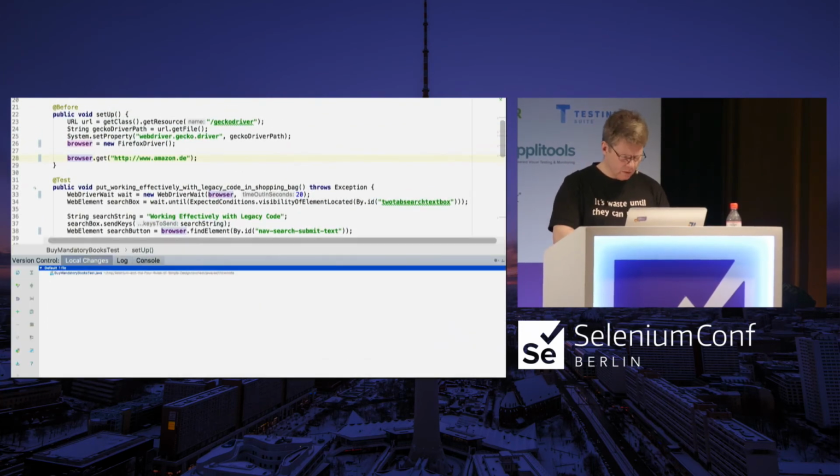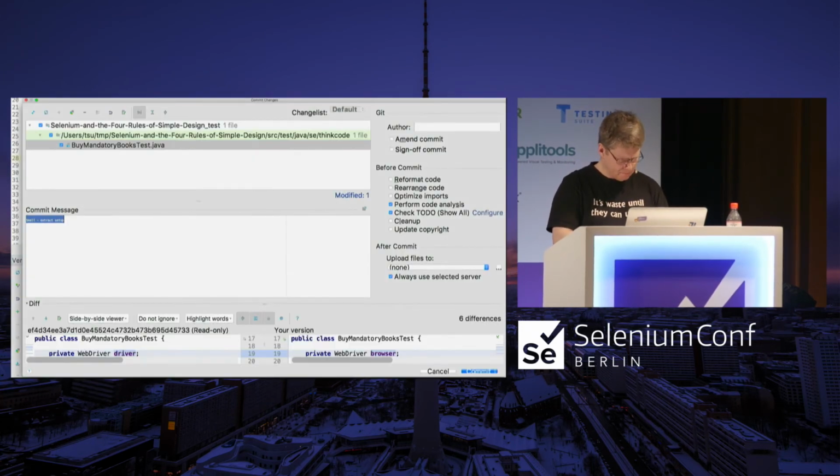And let's commit that as well. And let's call it express intent. Better name for the browser abstraction. Yep.